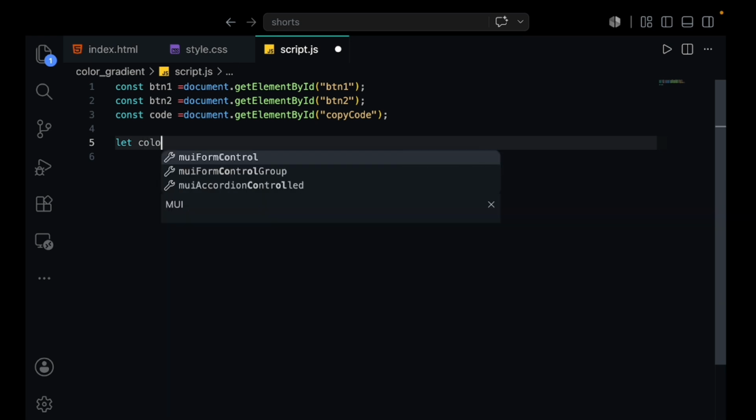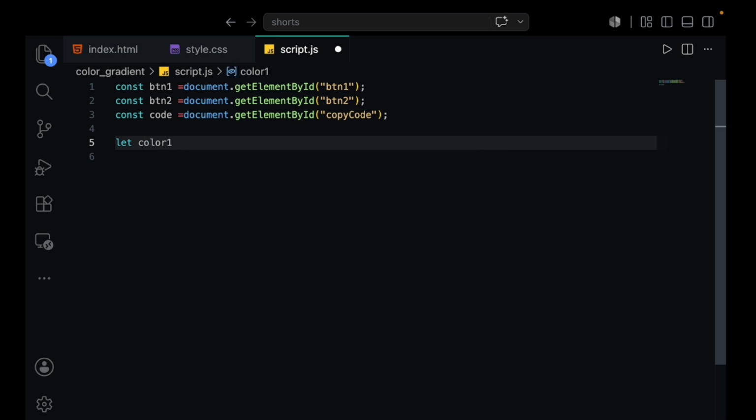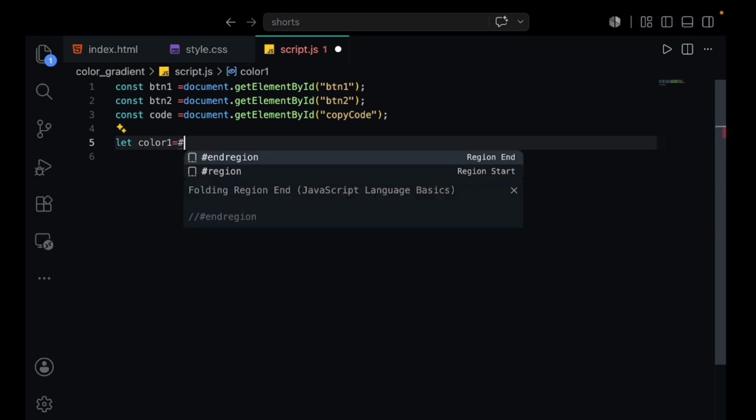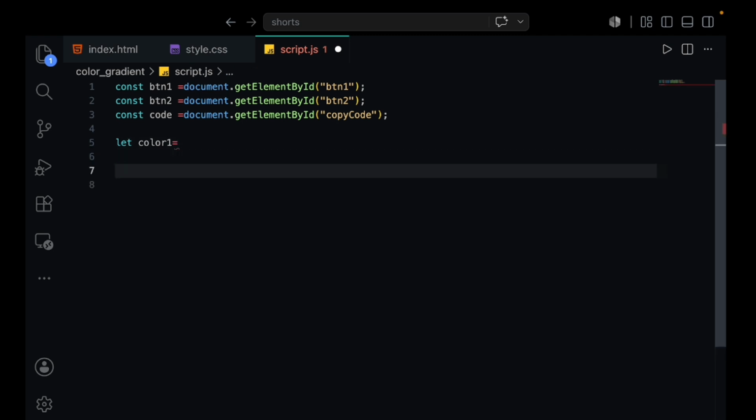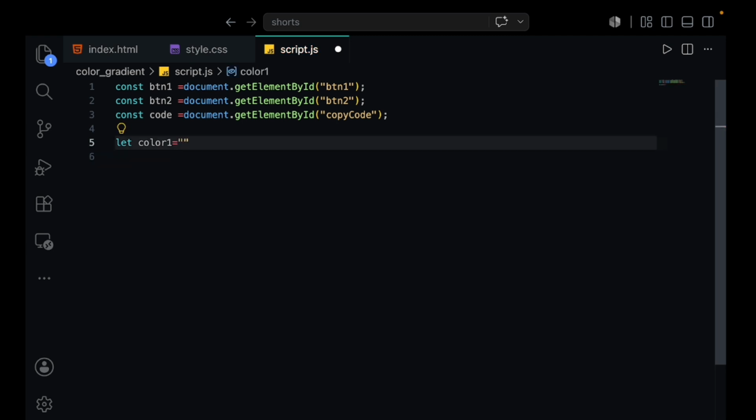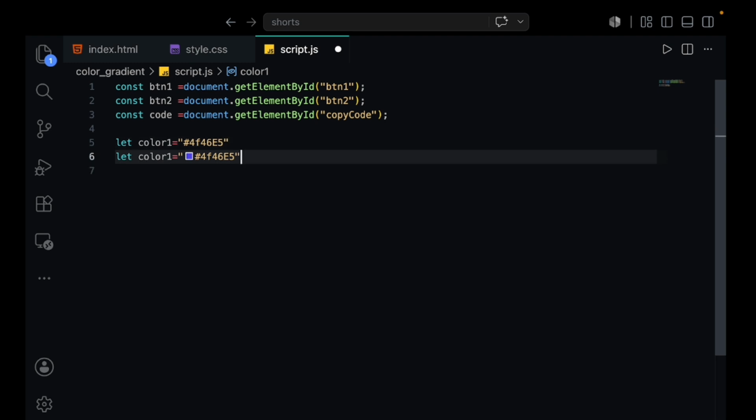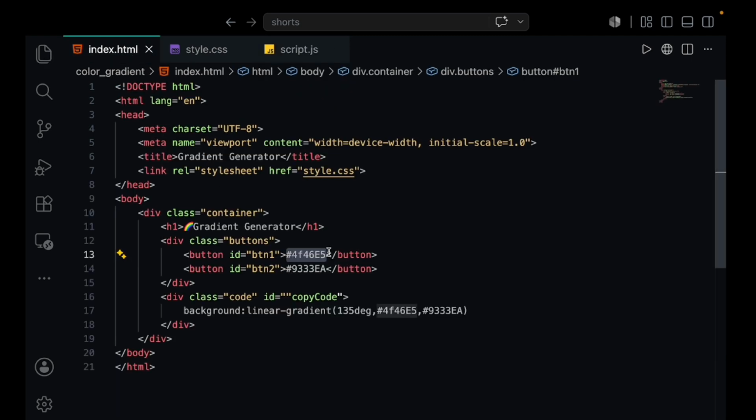So let's give it color1, our default color1, which is hashtag inside this code, that is 4f4, that default color 65, and the other one for color2, let's give it another default color, copy paste from here.